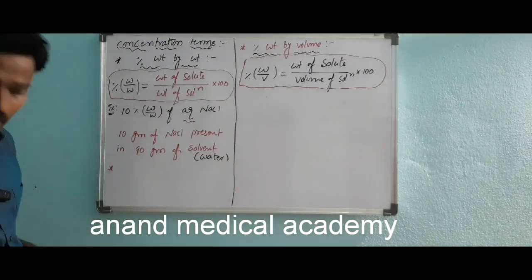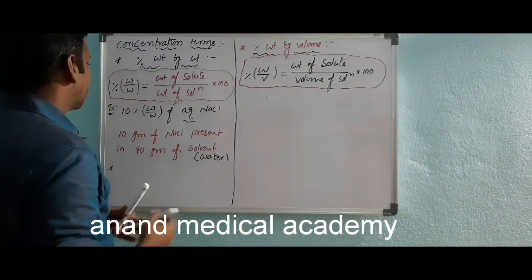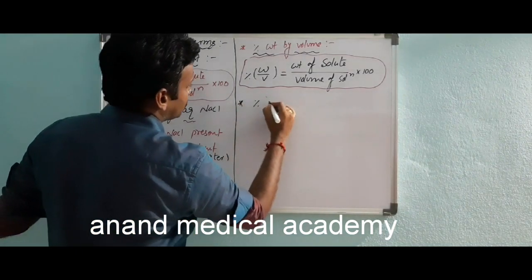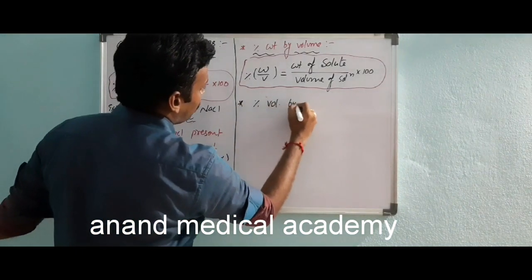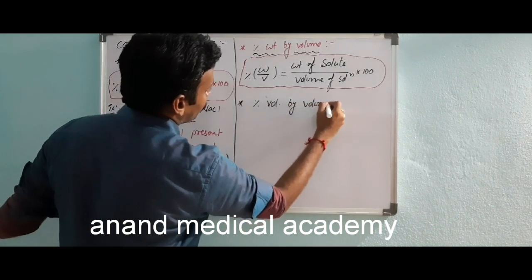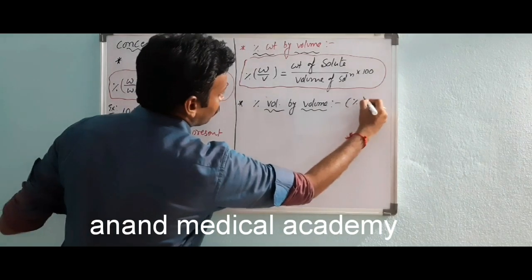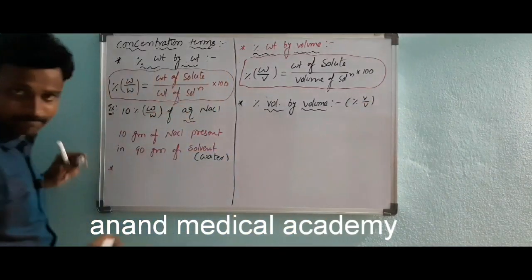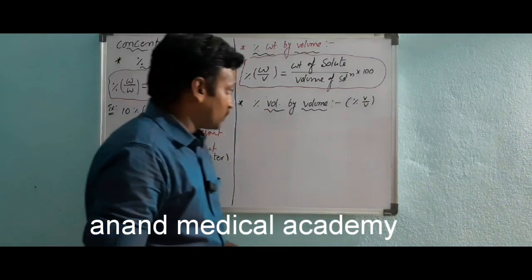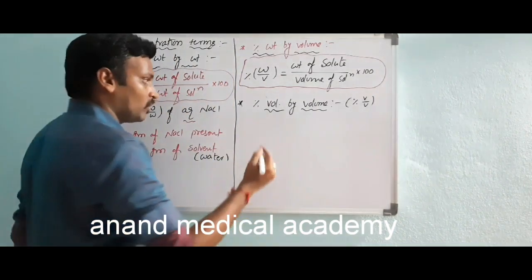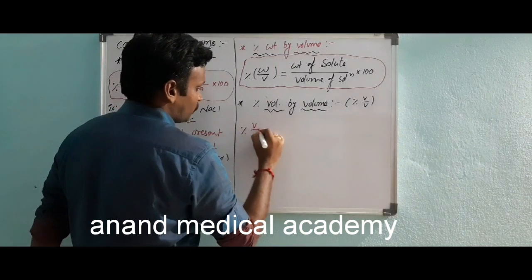Okay, now come to the third: percentage volume by volume. Simply you can write percentage V by V. Both are volumes. Percentage V by V, volume by volume, is